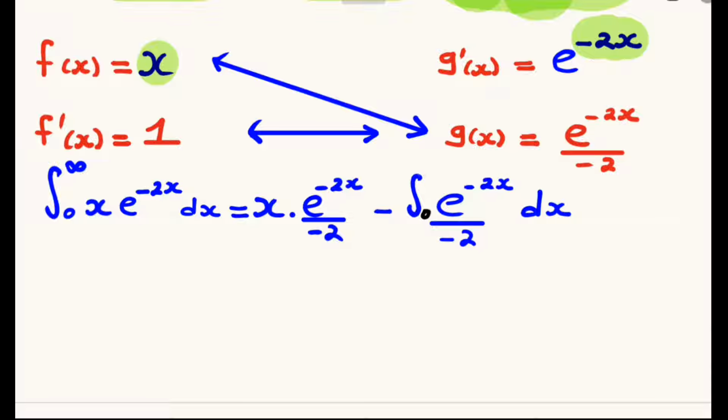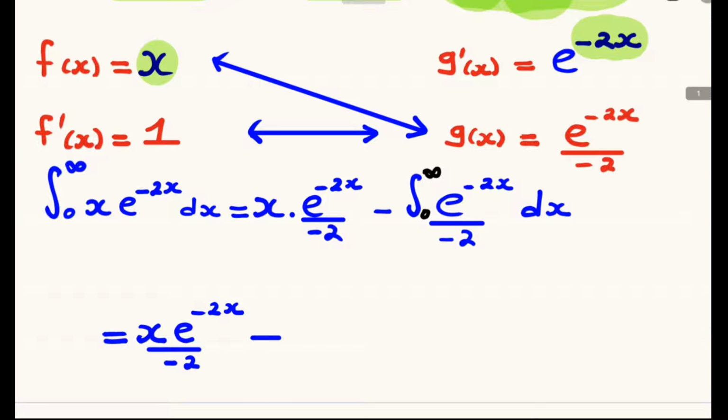Remember that our integral is from 0 to infinity. So let's simplify. We have this as equal to x multiplied by e raised to the power negative 2x divided by negative 2